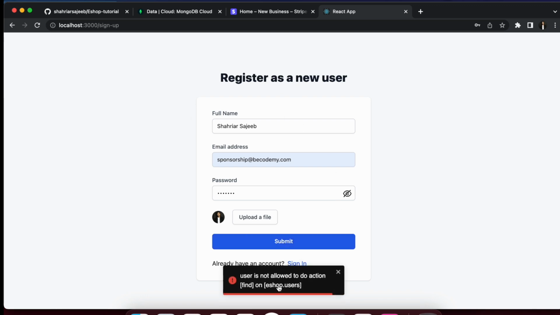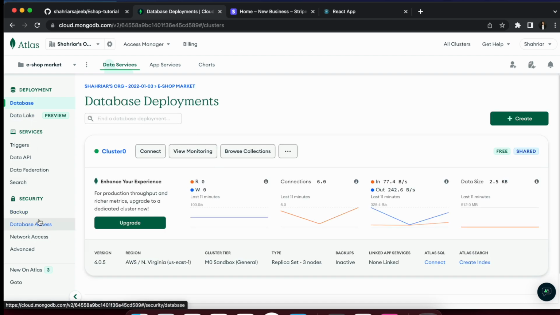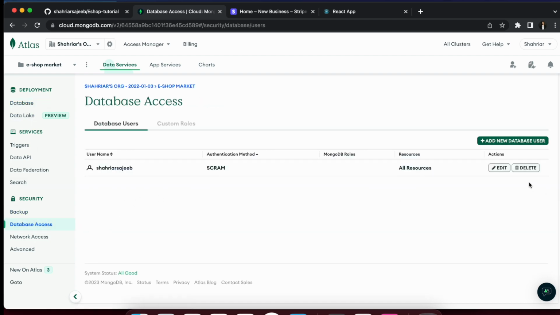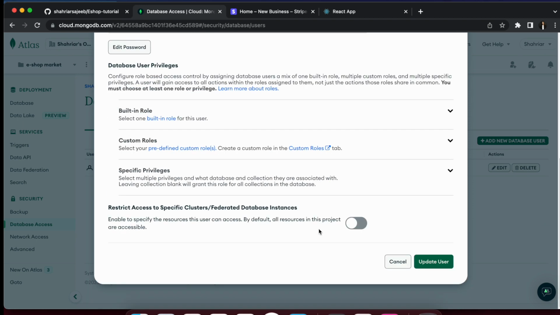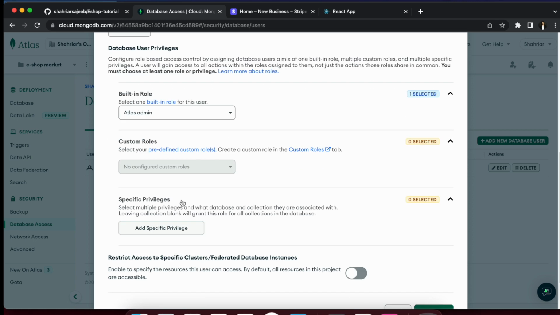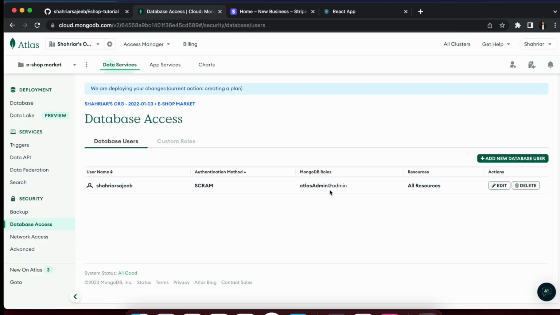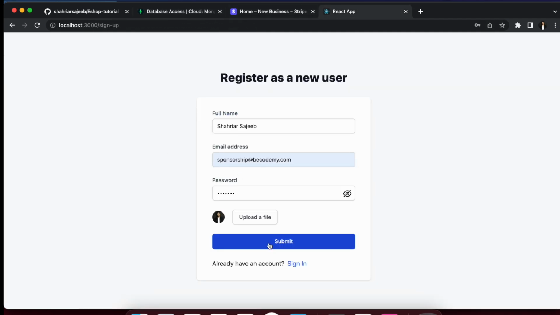User is not allowed to do actions. So basically this is a MongoDB error. Okay, so come back to our MongoDB and check. So in here probably some security issue. So security, database access. From here click edit, then click this built-in role. So Atlas admin. Simply we need to click here built-in role Atlas admin. Now click update user. So now this is Atlas admin. Okay, so this can add users. Okay, so now again hit